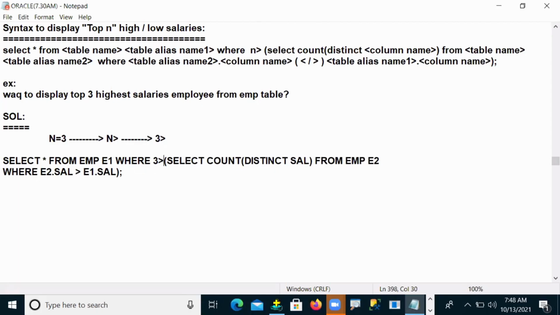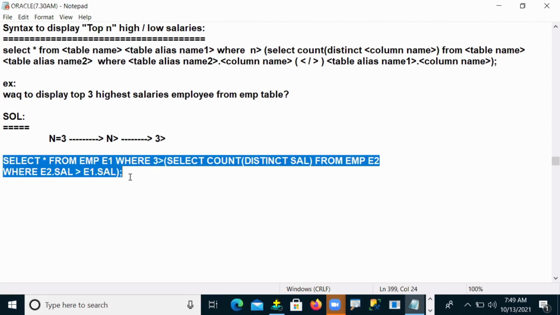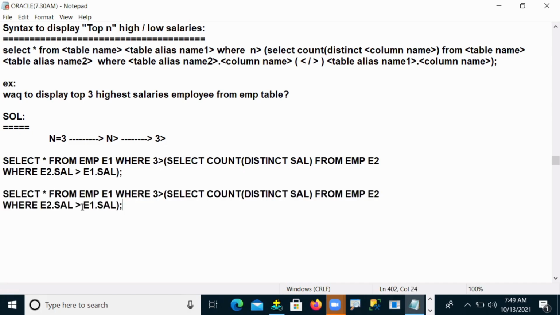That formula we cannot change. So for lowest, you have to change the condition in your inner query. So either highest or lowest. Now if I want to find the lowest, then what do we want to do? Top 3 means top 3, otherwise top 4, or I am asking for the top 5 least salaries.